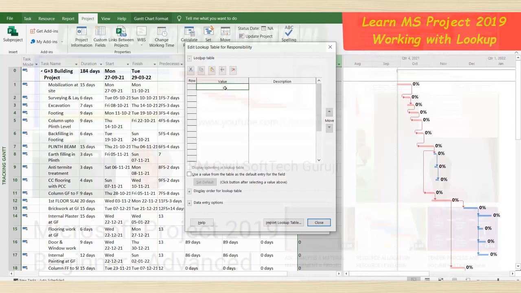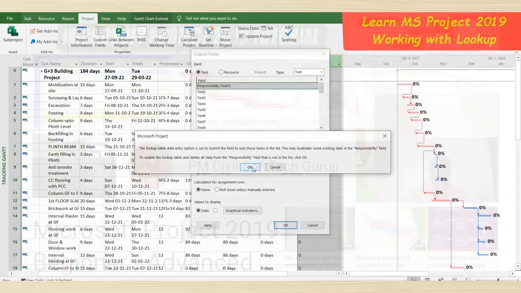So if I type Atharva, then Swara, and so on, these are the persons we have allotted. Then just click Close.